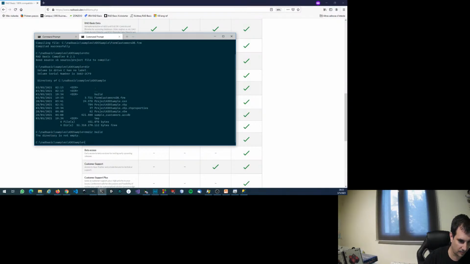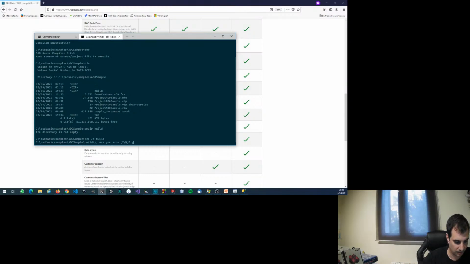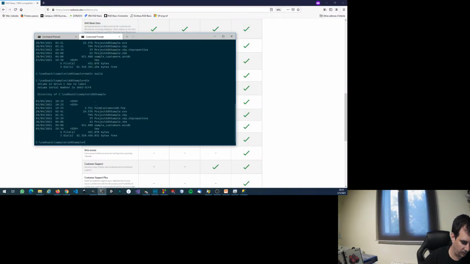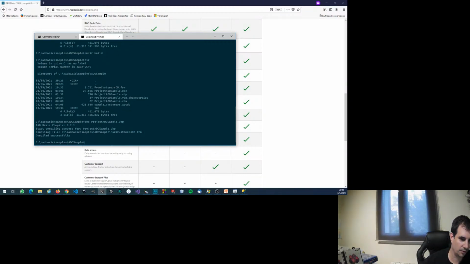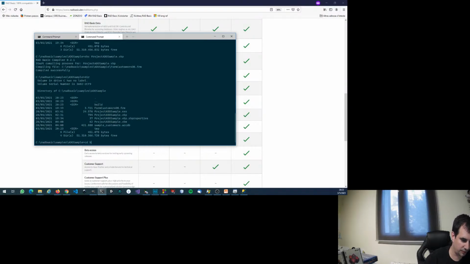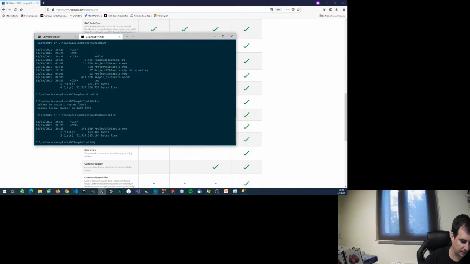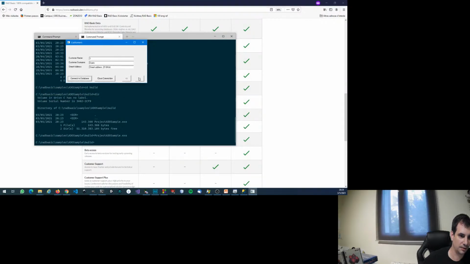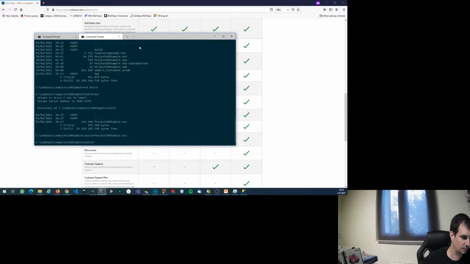Yes, there is the build directory. If I call RBC against the Visual Basic project, it compiles and generates again the build directory, and inside the build directory there is the exe that can be run. And it is the same as before.